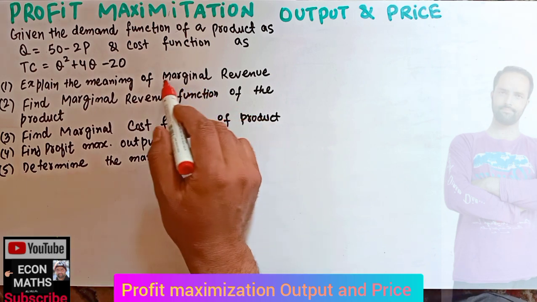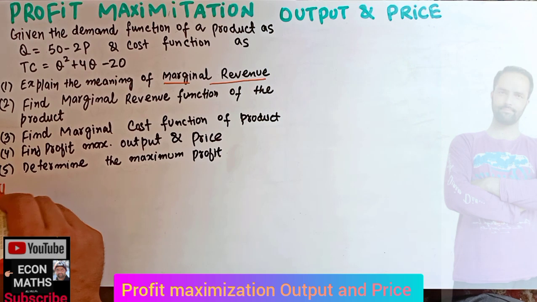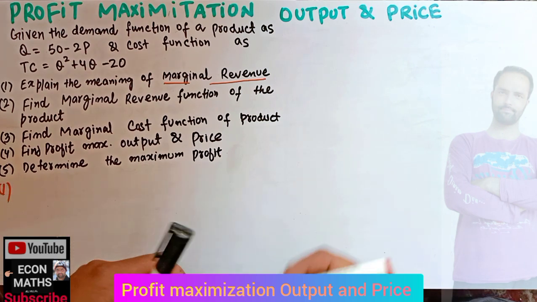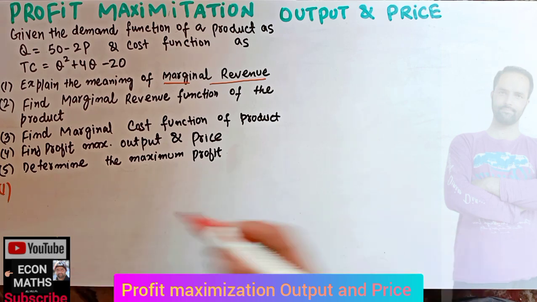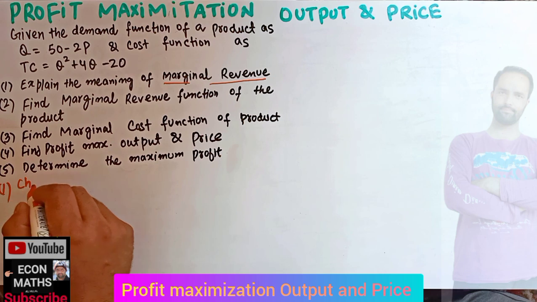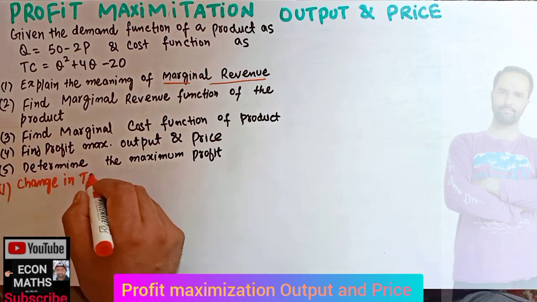First, we are being told what is meant by marginal revenue. Marginal revenue is simply the change in total revenue when an additional unit of output is sold. Let me write it here. So it is simply the change in total revenue